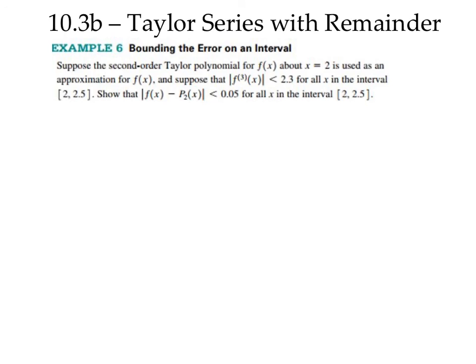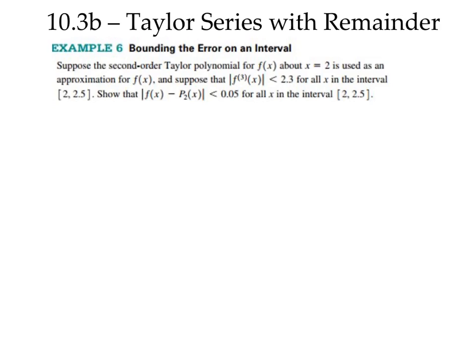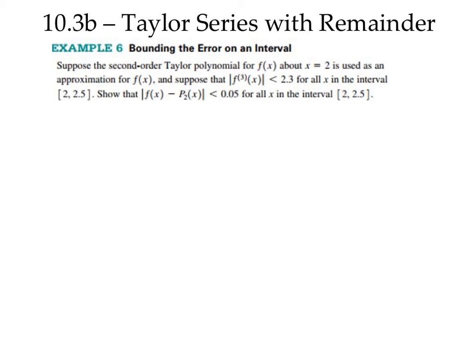So let's take a look at R2. Right? Because we can see we're taking the difference between f of x and the second degree Taylor polynomial for x. So that means we want to look at R2, and the formula for R2 is this. And x is in the interval 2 to 2.5. So let's make everything in here as bad as we can and see how large it gets. So this first term, f to the third power of c, since c has to be in the interval 2 to 2.5, it is less than